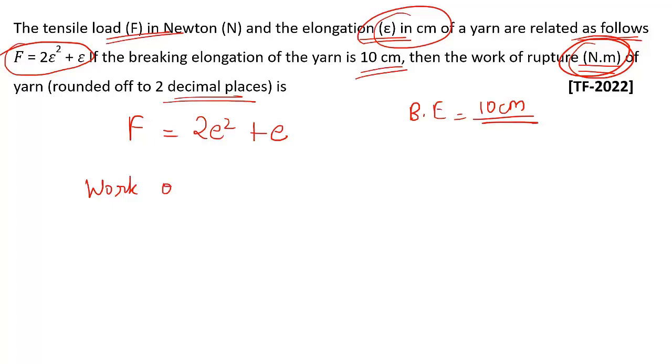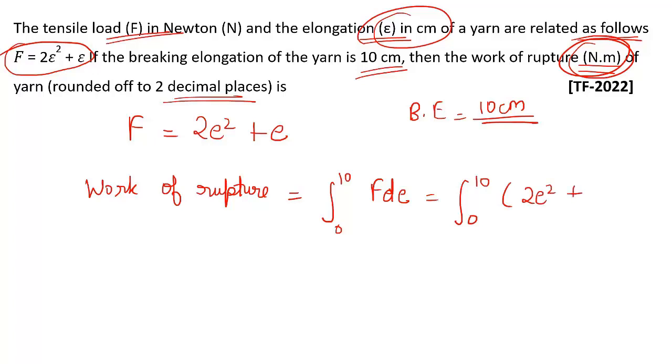Area under the curve is represented by integration. So it is the integration from 0 to 10 of F dE. In place of F we can write 2E square plus E,